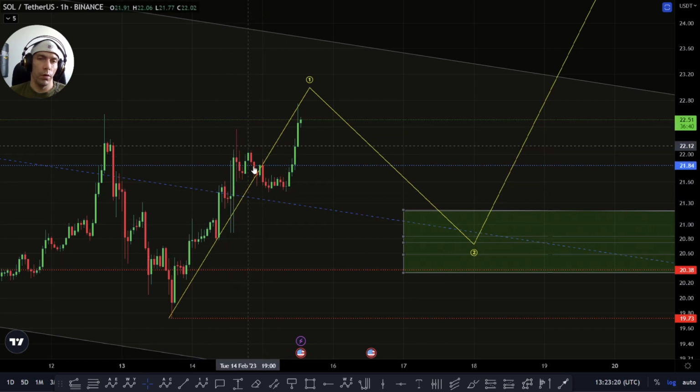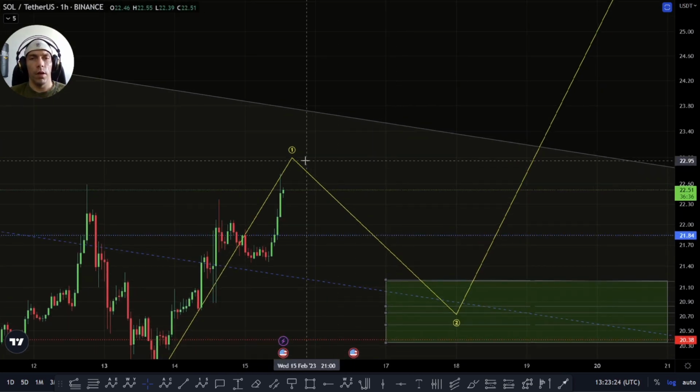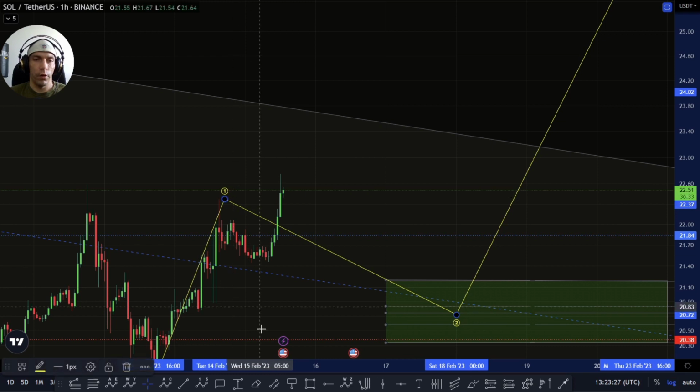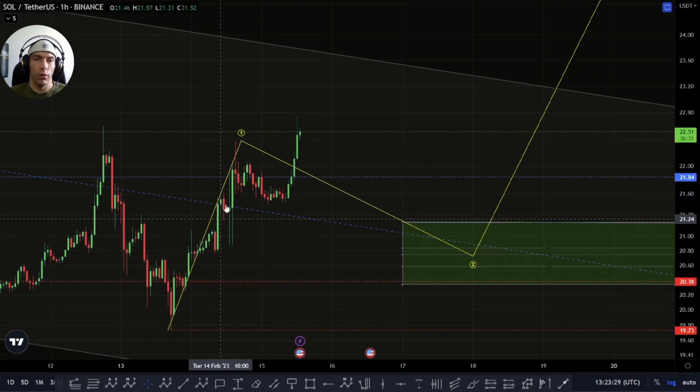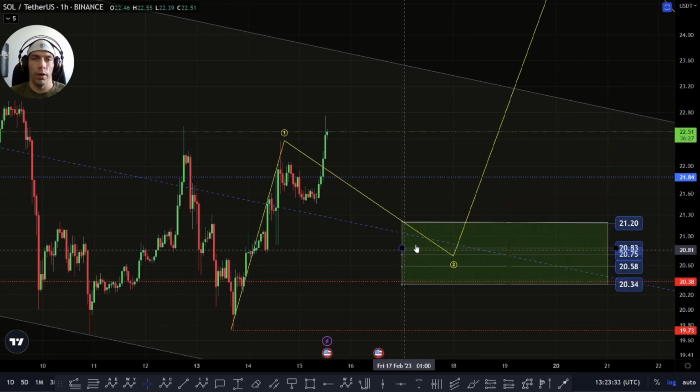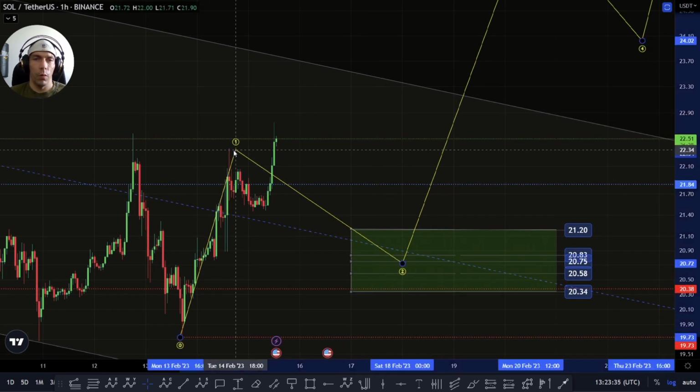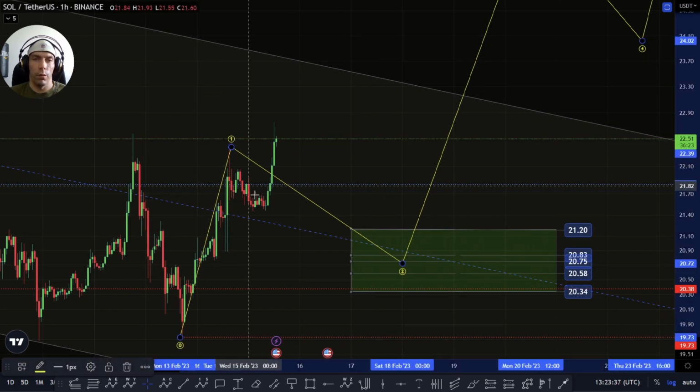We would have to argue though that if you're 1, 2, 1, 2. So yeah, there is potential we could actually complete into this point here as a 1, 2, 3, 4, and a 5 up into this high, and this could just be a corrective move for a 2. Or alternatively, we could have this as a 1, 2, and then if we're going to form an additional 1,